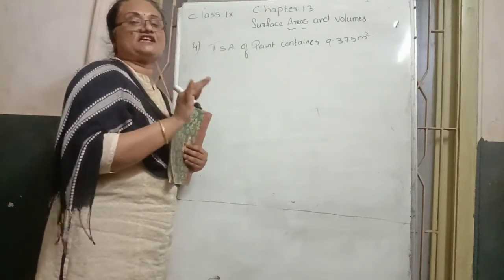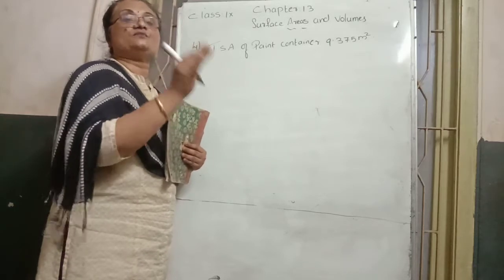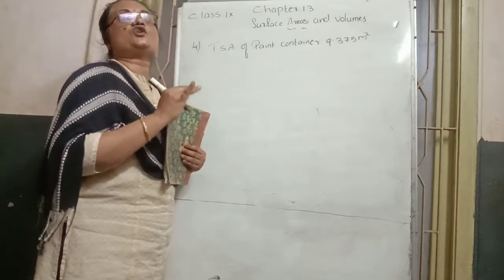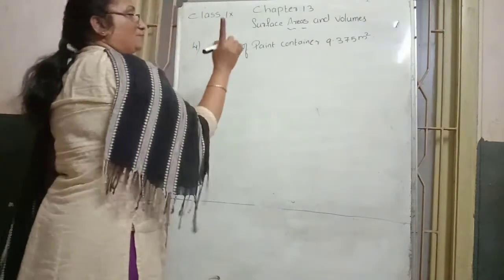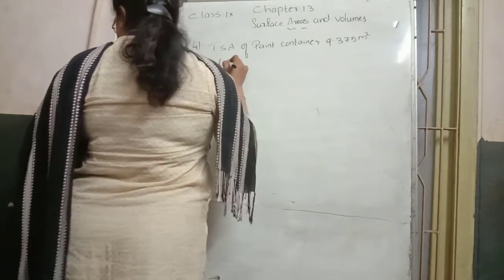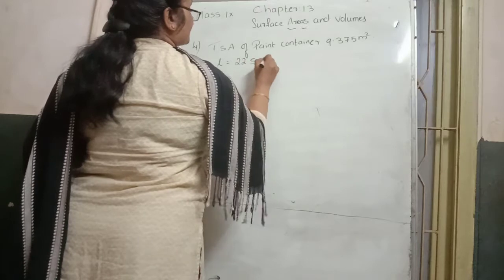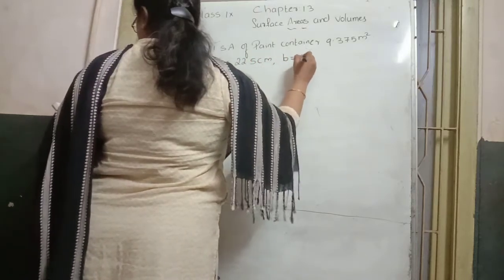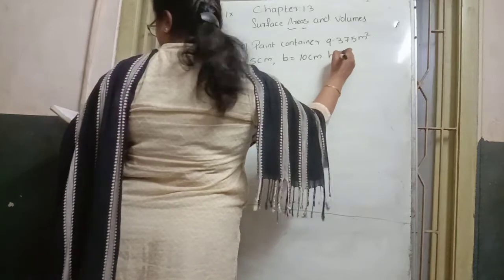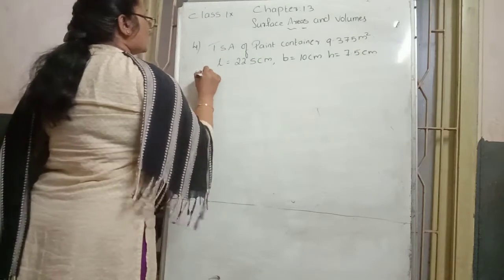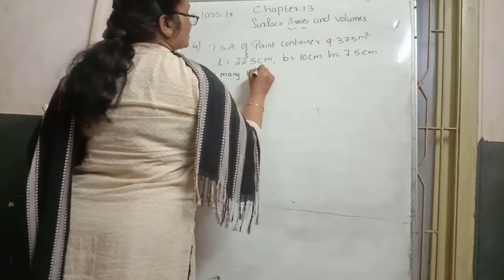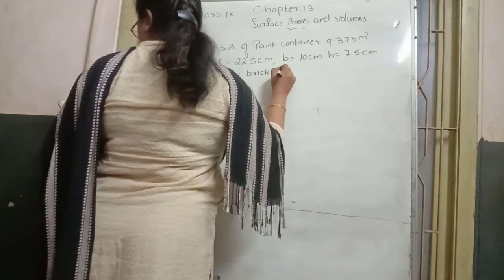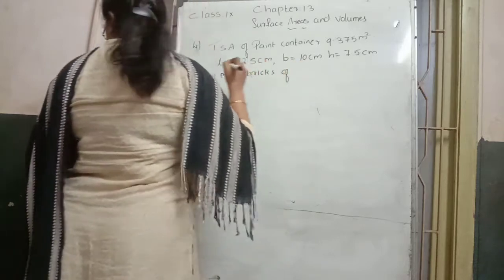The container is full of paint. Using that paint, how many bricks can be painted? They ask us to find the number of bricks. The length of one brick is given as 22.5 centimeter, the breadth of the brick is 10 centimeter, and the height of the brick is 7.5 centimeter. The question asks how many bricks